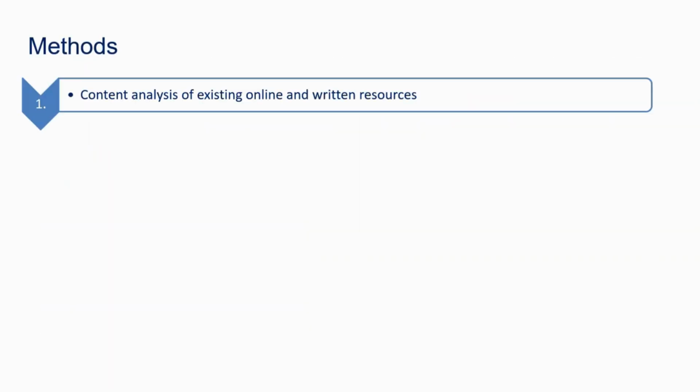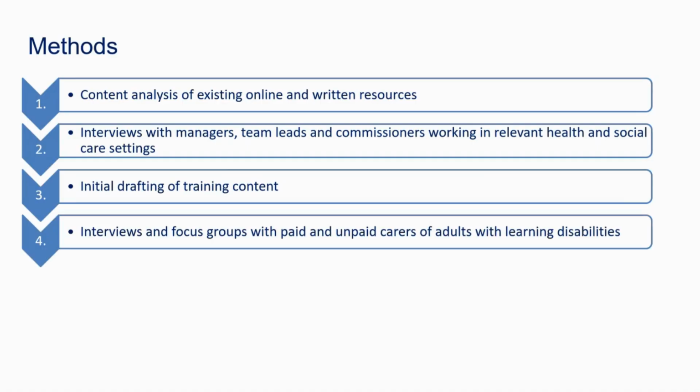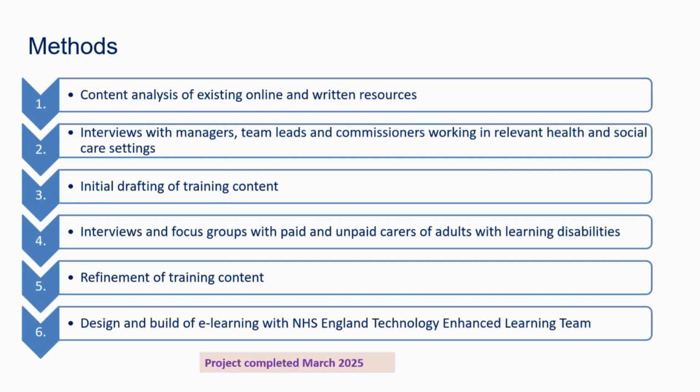I've got quite a few methods. I'll just go through them individually. There were 6 main steps to this project. Firstly, we reviewed key online and written professional resources that were already out there to promote healthy weight in people with learning disabilities. We then undertook qualitative interviews with health and social care managers, clinical leads, and commissioners to identify key carer barriers in supporting healthy weight in people with learning disabilities and identify areas that should be included